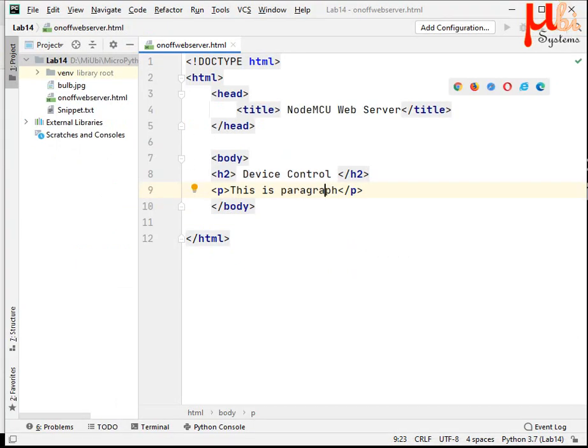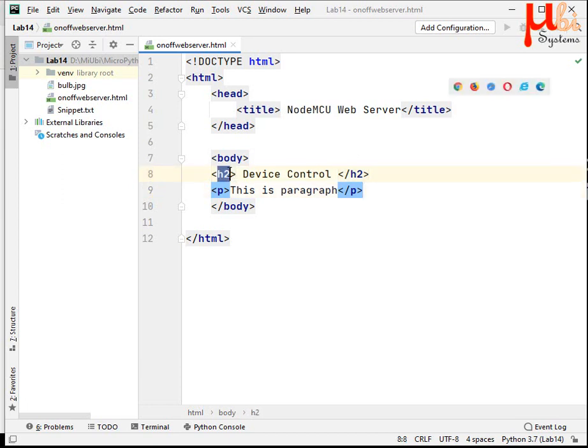Now there are different things we can do with HTML pages. We can even create links and put images and things like that. For example, if you wish to put a hyperlink, there is an element. These are all elements.